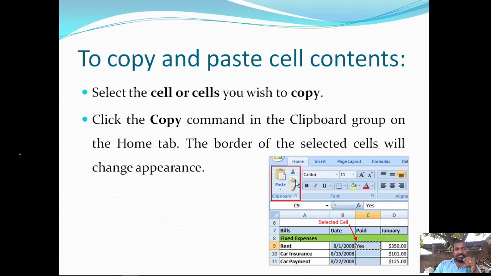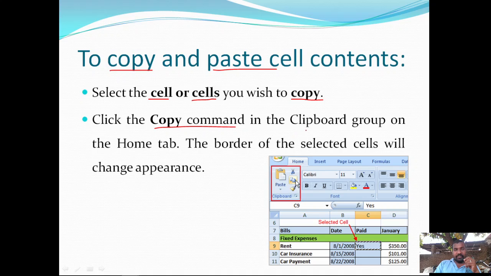Let us discuss how to copy and paste cell contents. You need to follow the procedure. Select the cell or group of cells you wish to copy. Click on the copy command.